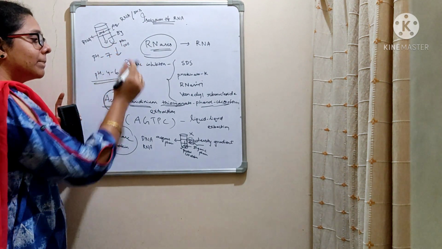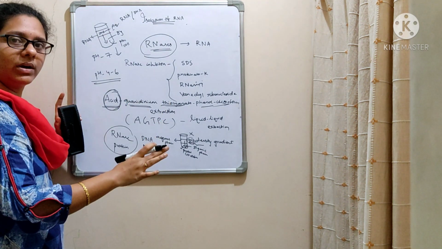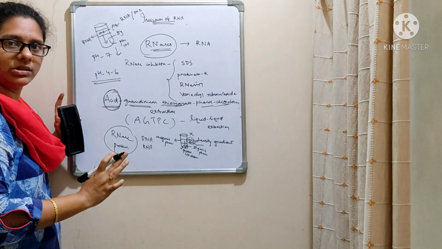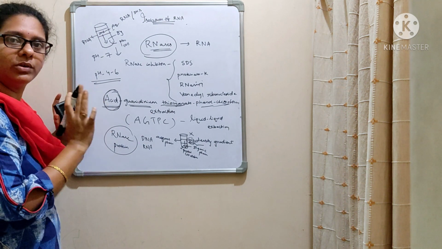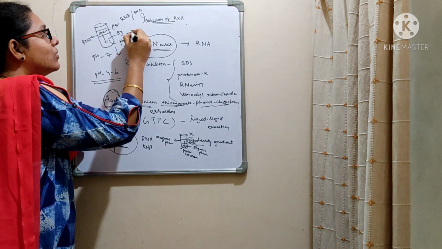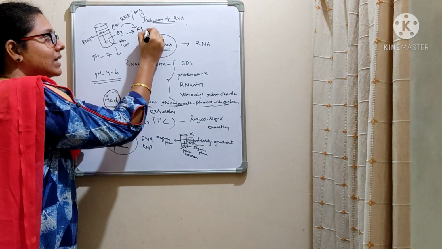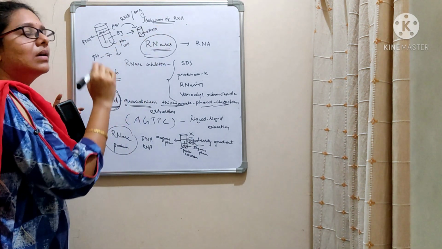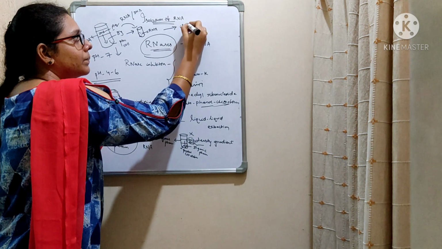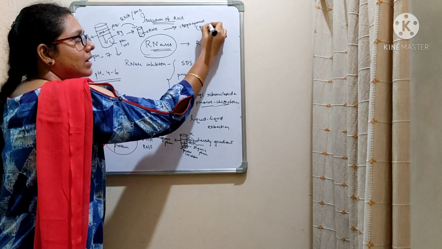So initially we are going to lyse the cell for the isolation of RNA, and then we are going to precipitate it by adding an alcoholic treatment, followed by the purification step, which are the basic steps for the isolation of nucleic acids. Here, after partitioning, we are going to collect this aqueous phase, which contains RNA, into a fresh Eppendorf tube. Now we are going to treat this aqueous phase with isopropanol, which causes the precipitation of RNA.